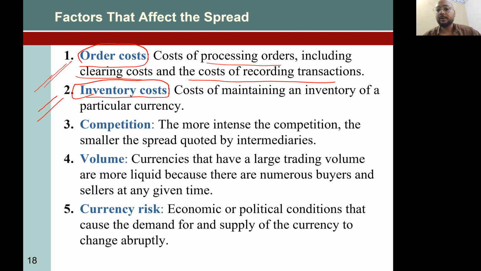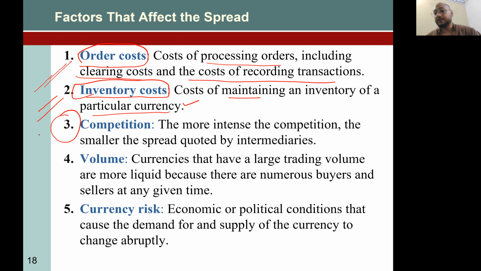They call this inventory cost, which is the cost of maintaining an inventory of a particular currency. So you already bought $1 million, and you save it in a private vault or e-vault, for which you have to pay some fees. We call this inventory cost. So remember, factors that affect the spread: number 1, order cost; number 2, inventory cost;